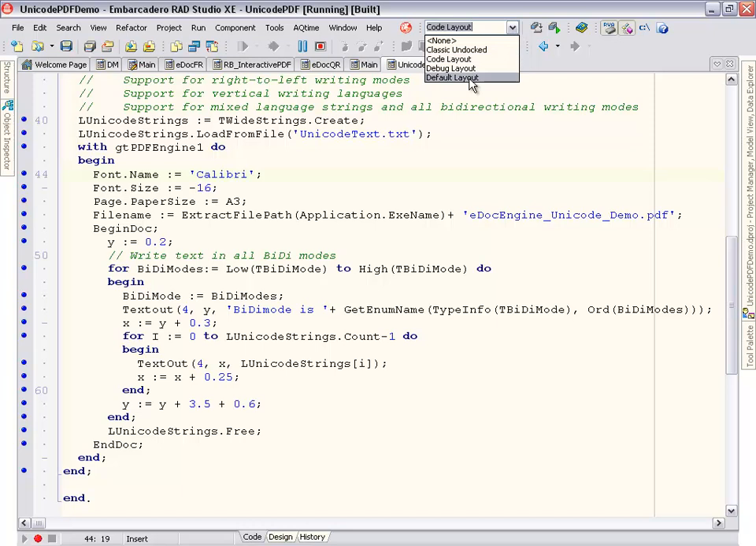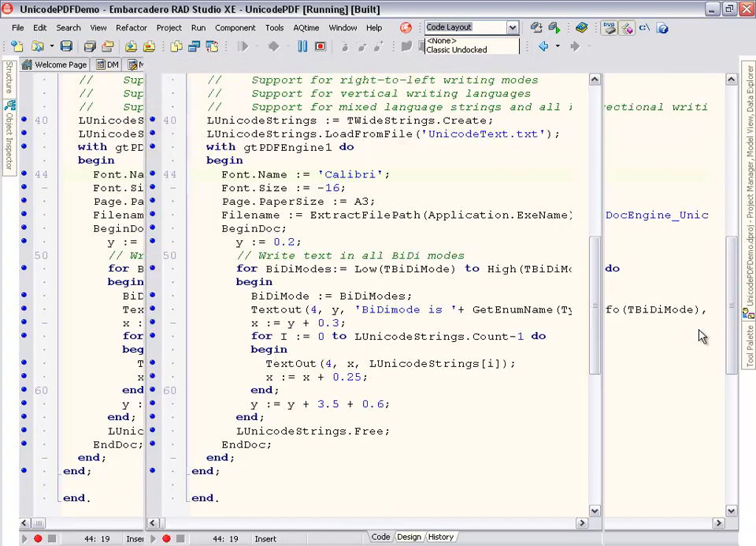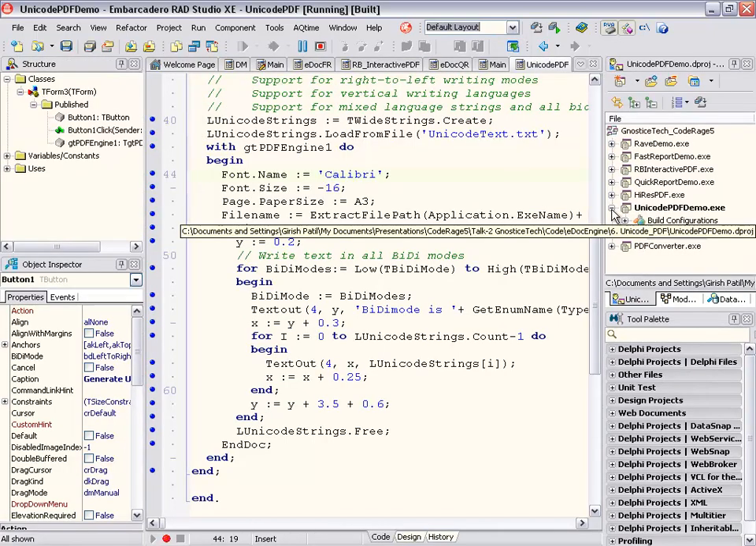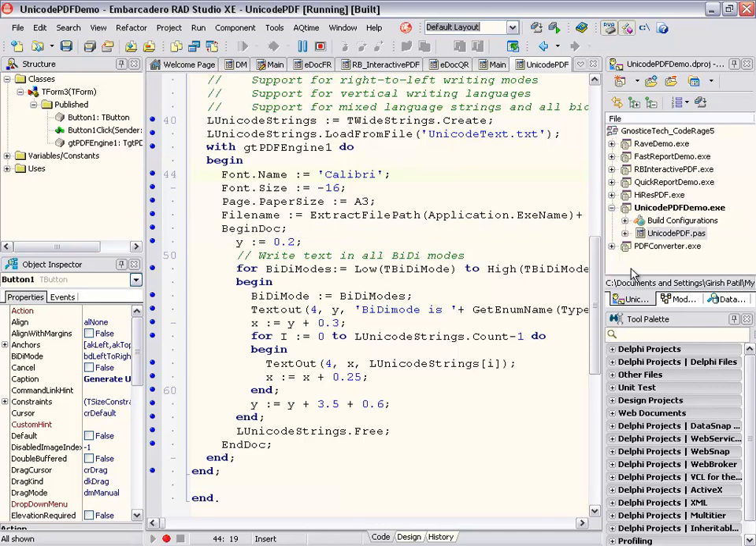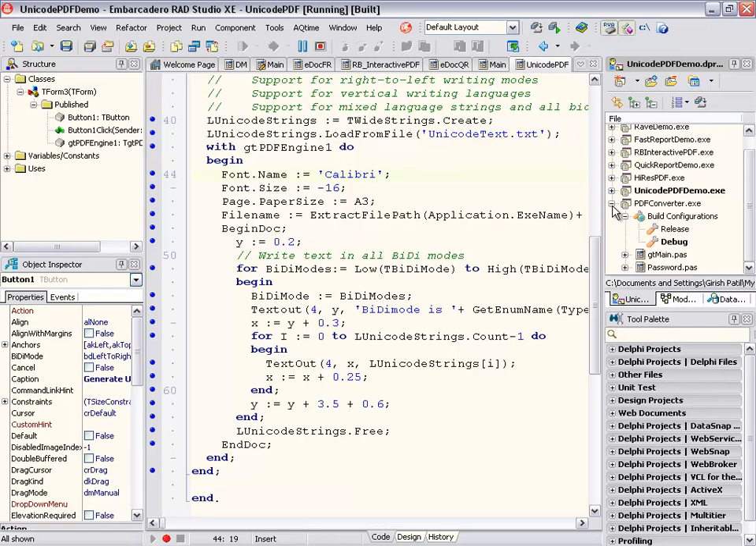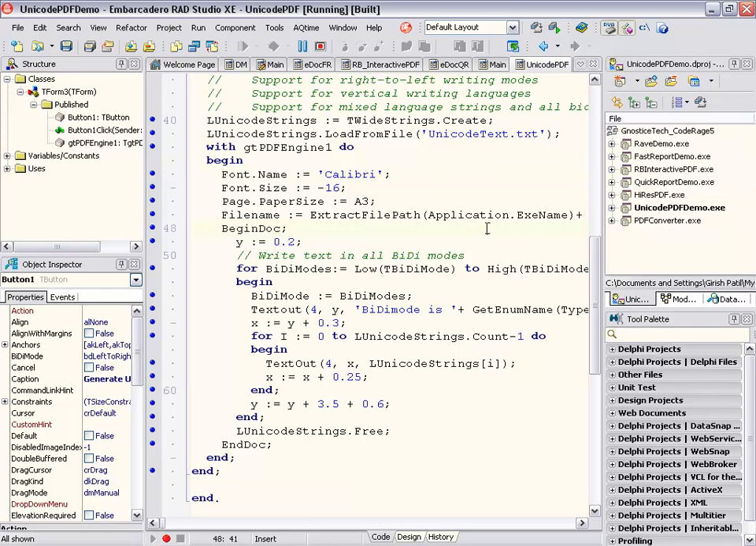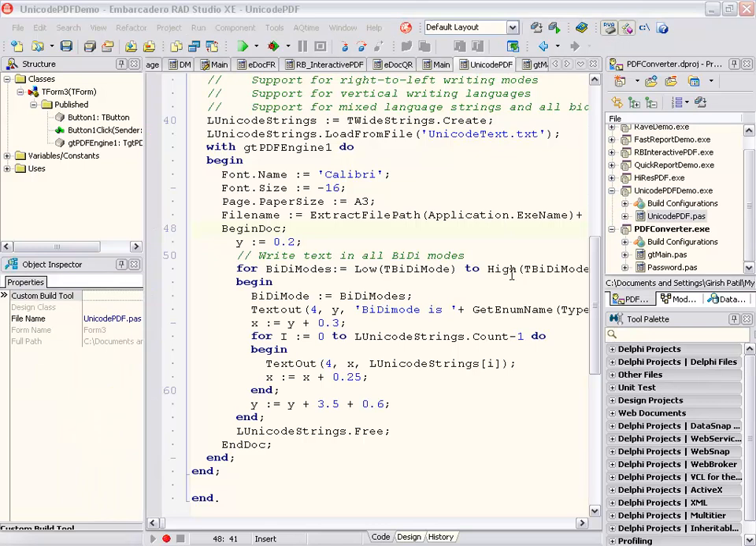Okay, let's see what else we've got. Okay, that actually completes the demos on eDoc Engine. Now let's look at the demo for the PDF converter,